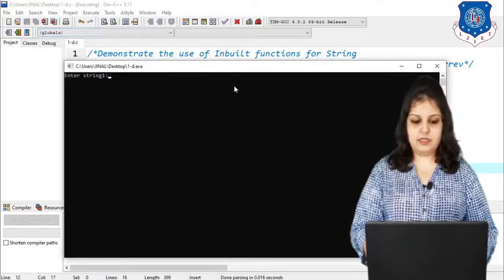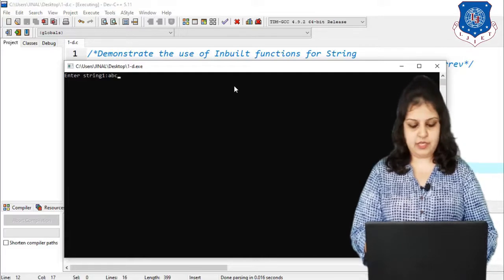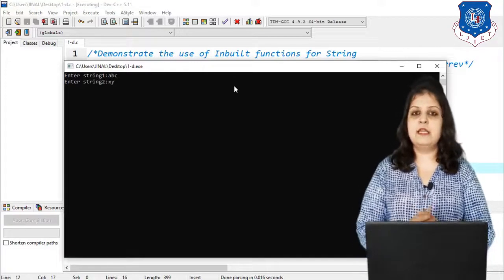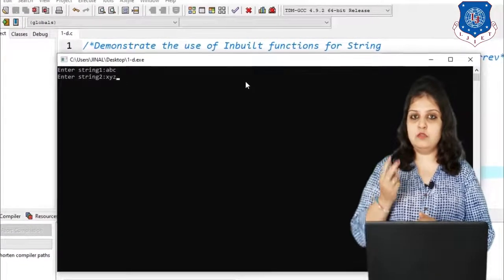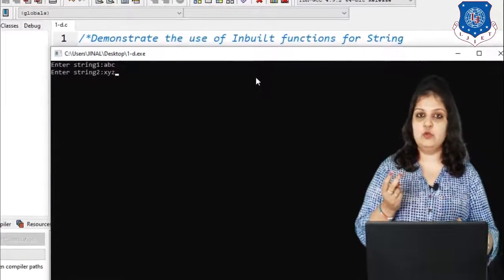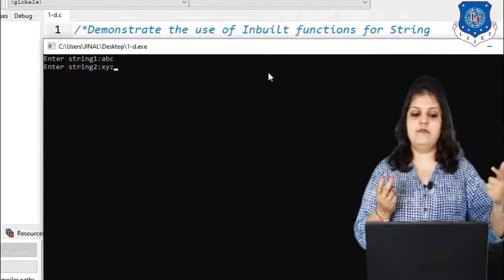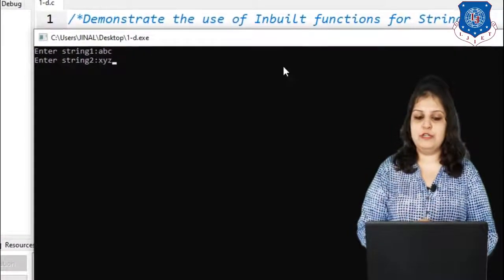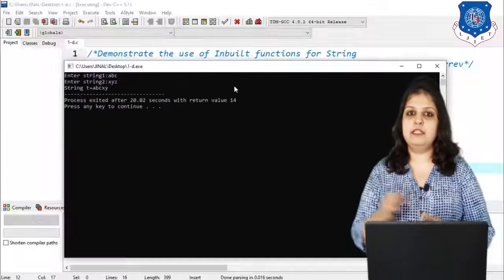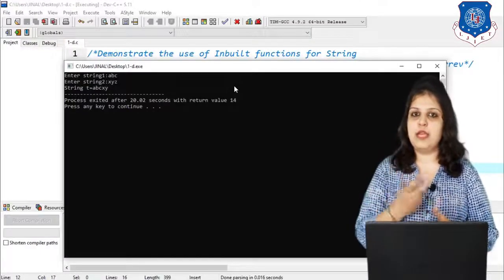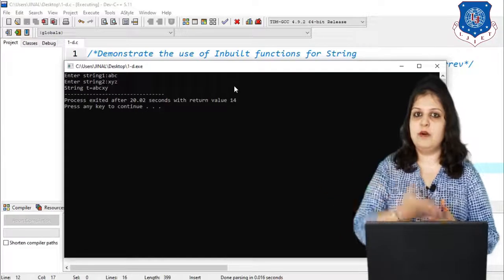Suppose I enter ABC and the second string as XYZ. Now what will be the output? So only the first two characters of string 2 will be merged after string 1. So our output is ABCXY only. Z will be discarded because only the first two characters will be merged here.